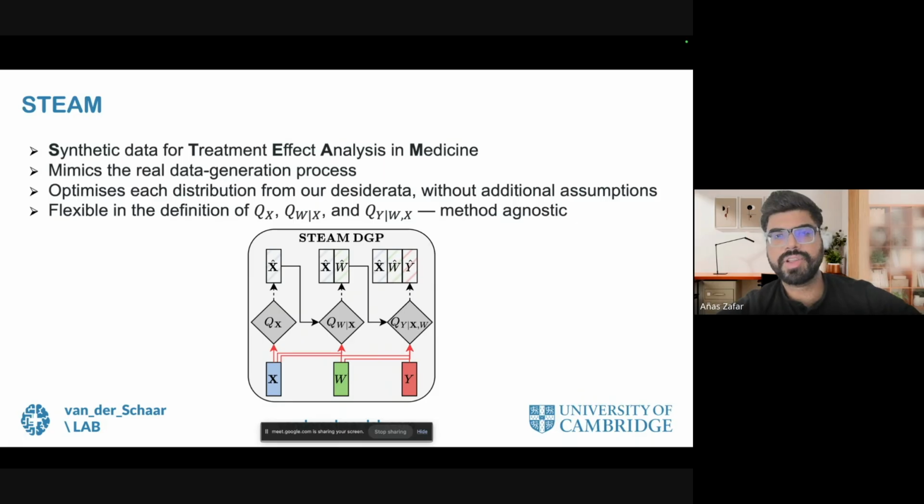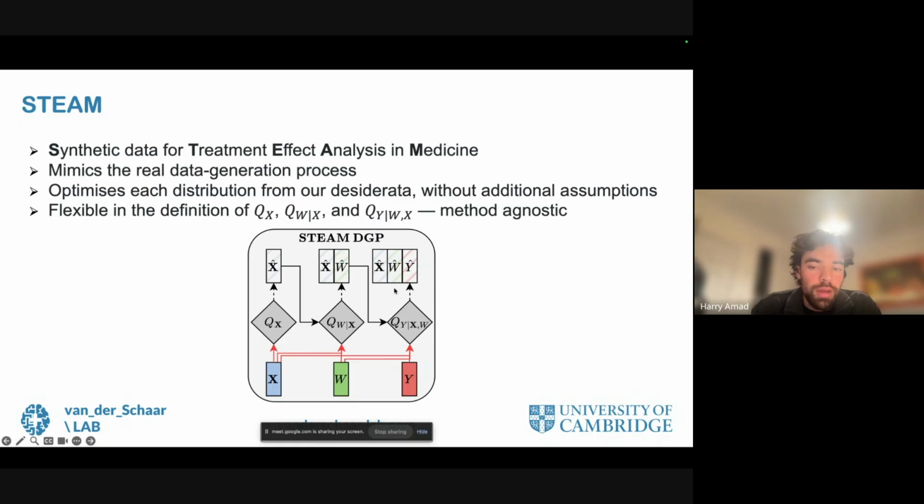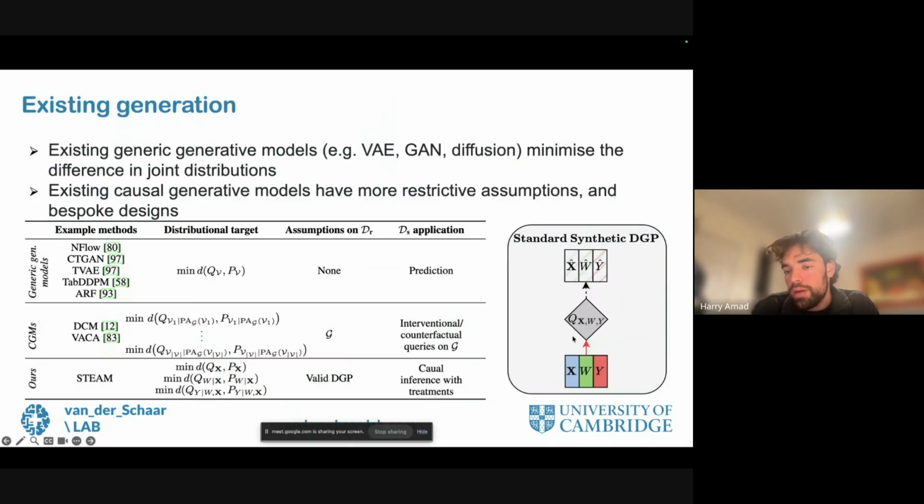Got it. So instead of modeling these three components separately, can we approximate the joint distribution of Q of X, Q of W, and Q of Y? Yes. So this three-step generation process will approximate the joint distribution because it generates X, W, and Y separately, but at the end, you use all of the data. And we find that a generic generator, which is shown here, will also generate X, W, and Y, but it generates it all at once by learning the joint distribution.